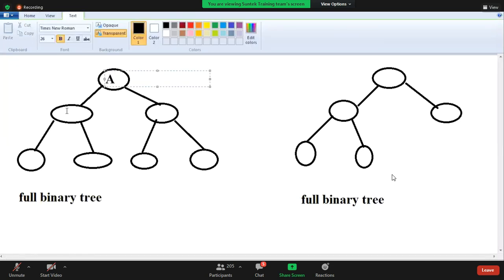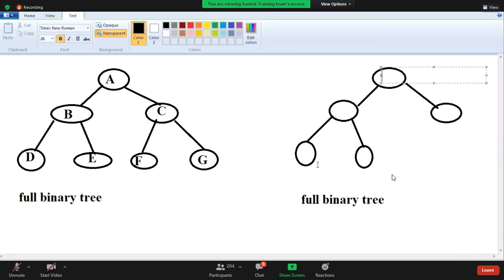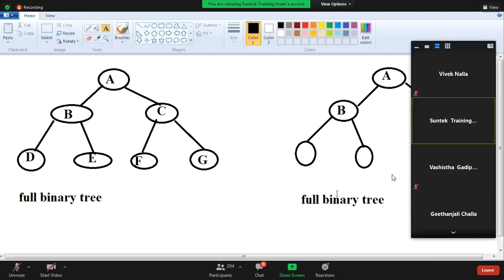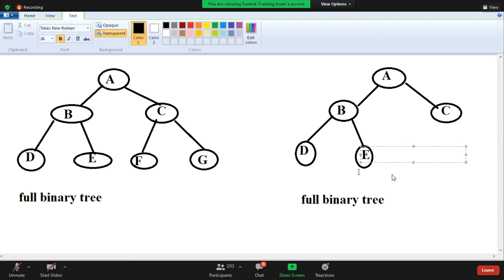Write some elements A, B. Except the last level we can give a chance.